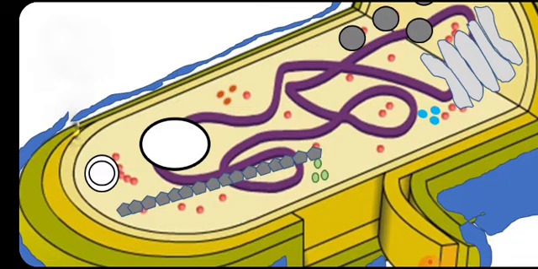For example, this is the endospore. This endospore is normally not present in certain bacteria, but if the bacterium is exposed to certain unfavorable environmental conditions, unfavorable meaning conditions which are not suitable for growth,